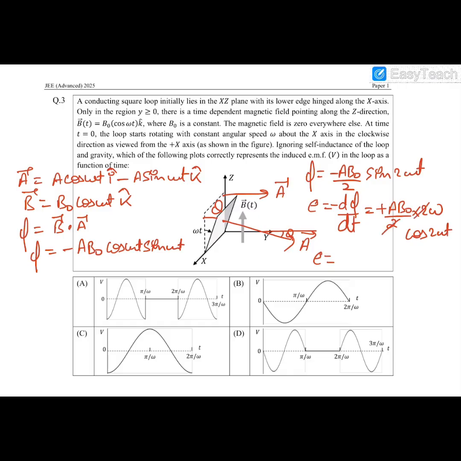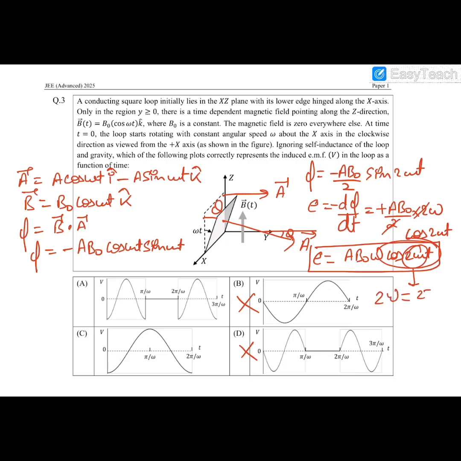So EMF will be B naught A omega cos 2 omega t. So you can see that EMF is a function of cos, so these options will be incorrect, and obviously you can see that the frequency of this EMF is 2 omega, and therefore the time period